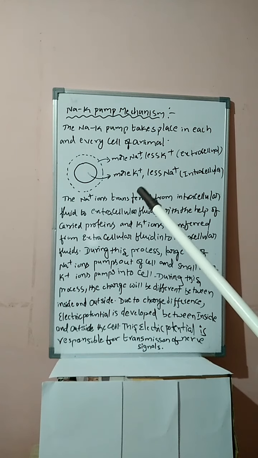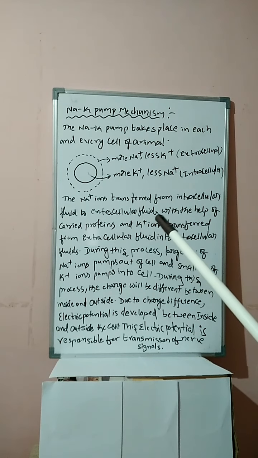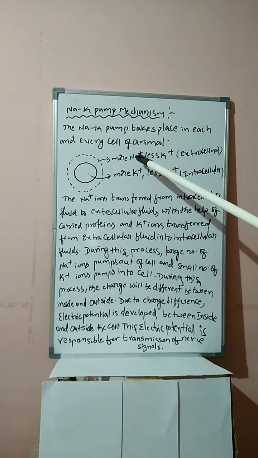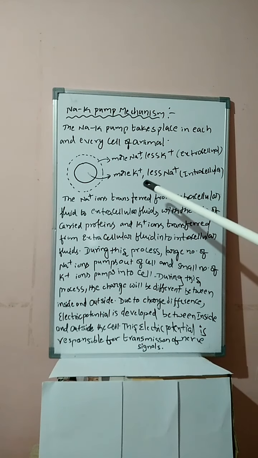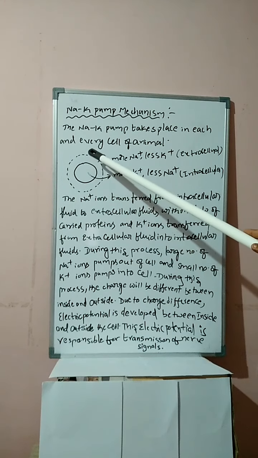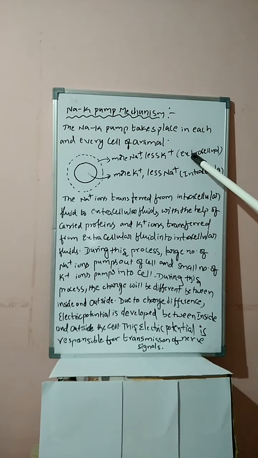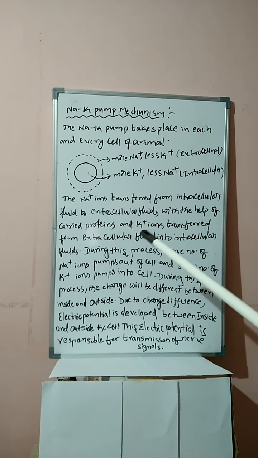In the introduction we are discussing, students, the extracellular fluids. The extracellular fluids contain Na+ ions. The intracellular fluids contain K+ ions. The concentration of sodium ions is more in the extracellular fluids than K+, whereas the concentration of K+ is more than Na+ in the intracellular fluids. In both intra and extracellular fluids both ions are present, but the highest amount of Na+ is in the extracellular fluids and the highest amount of K+ is in the intracellular fluids, that is inside. Extra, outside; intra, inside. Like that you remember, students.